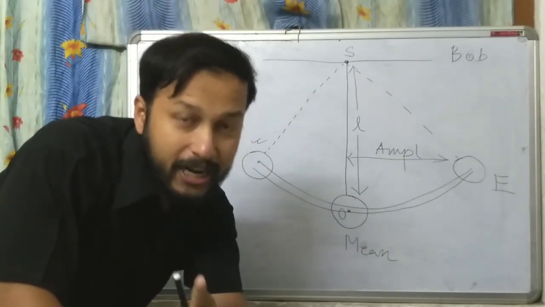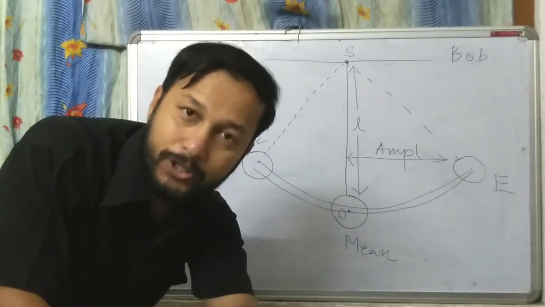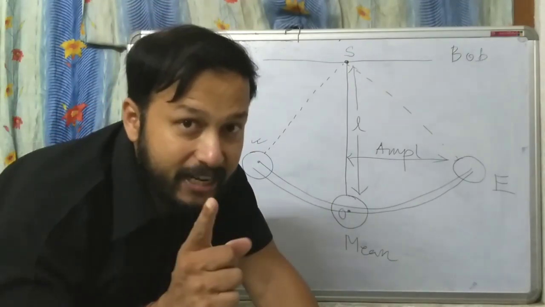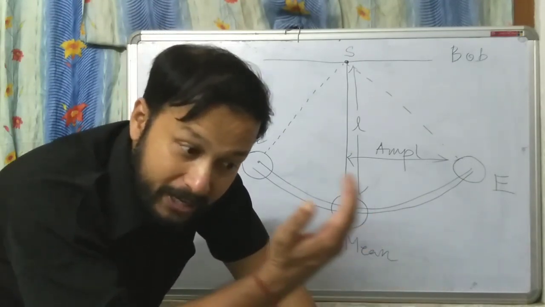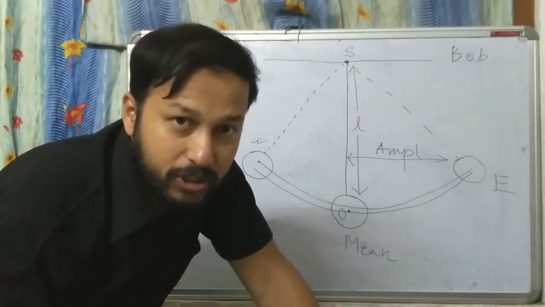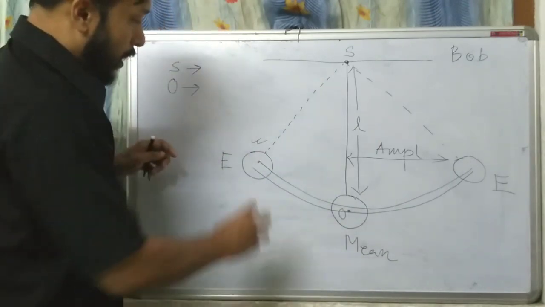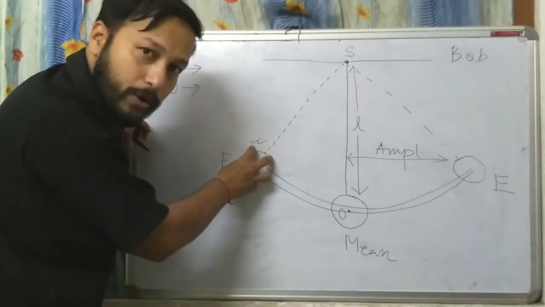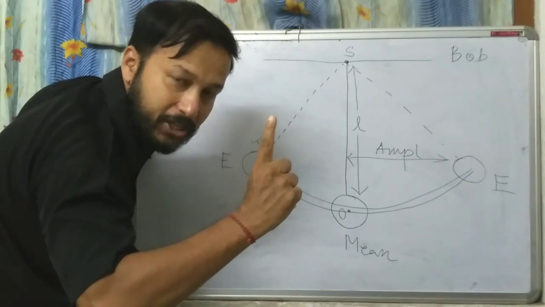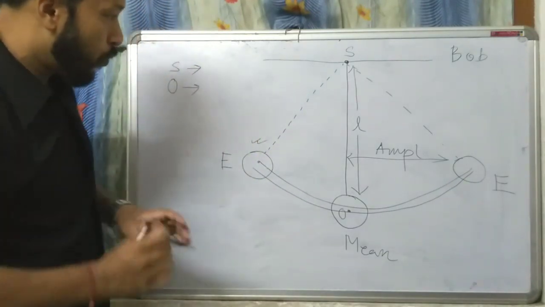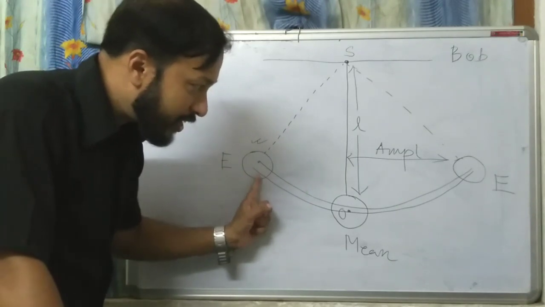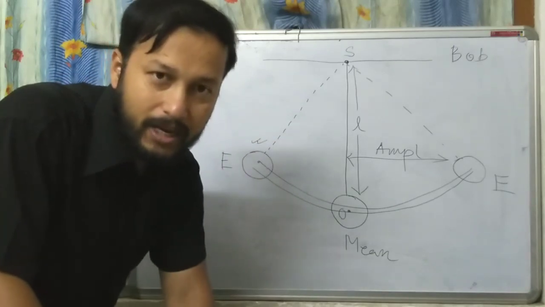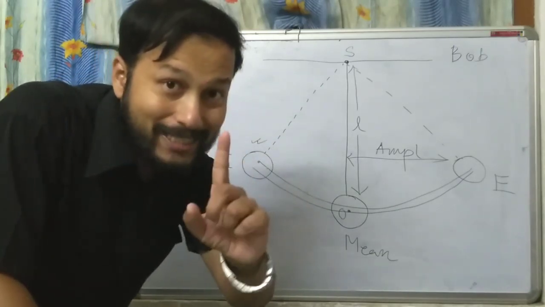So what is one complete oscillation? From where it is starting, it has to reach that point. Then only one oscillation will complete. So it started from here, it's going there, again it is coming here. Then one oscillation will be completed. So one oscillation means from where it is starting, again it is coming back to that position, then one oscillation will be completed. Now in 1 second,